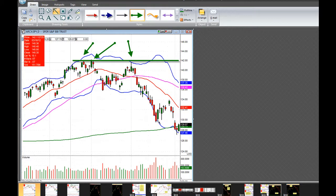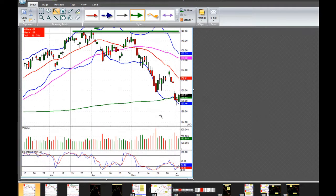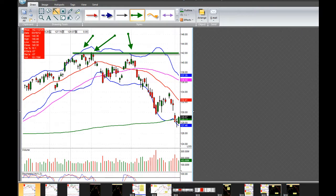Okay, we had the same thing here into the end of May, and now is where we started to bottom out. So I was actually watching this level into the 200-day. So as you can see, that 128, 129, very key right now. If we started to push up above that 130, would be really good. Expect 132 to 134 initially, then 136, and further up 142. So to me, this is a pretty good